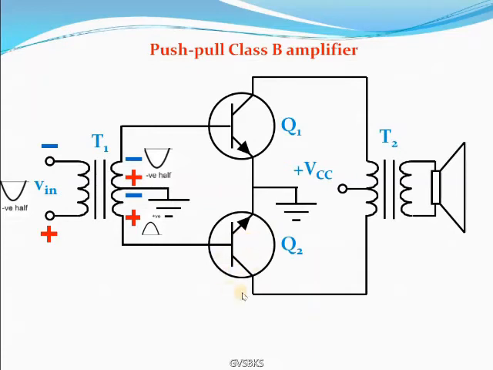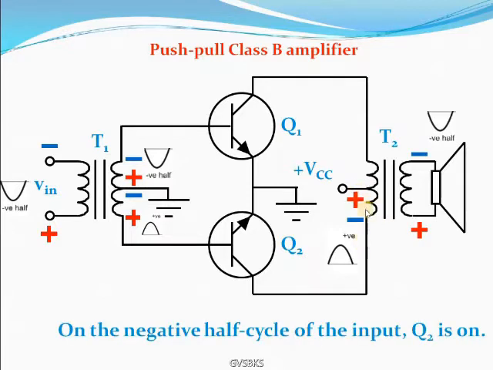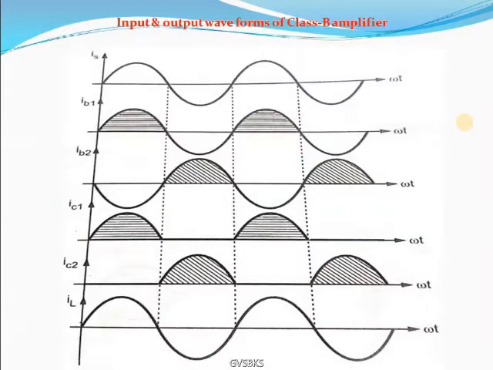As Q2 is also a CE amplifier, the input and output signals are 180 degrees phase shifted, so if you give a positive half cycle, you will get a negative half cycle at the collector. But this terminal is given to VCC, so when compared with the plus and minus, it appears like a positive half cycle. This positive half cycle at the primary of transformer 2 will develop a negative half cycle at the load side. So this is the operation of the Class B push-pull power amplifier.